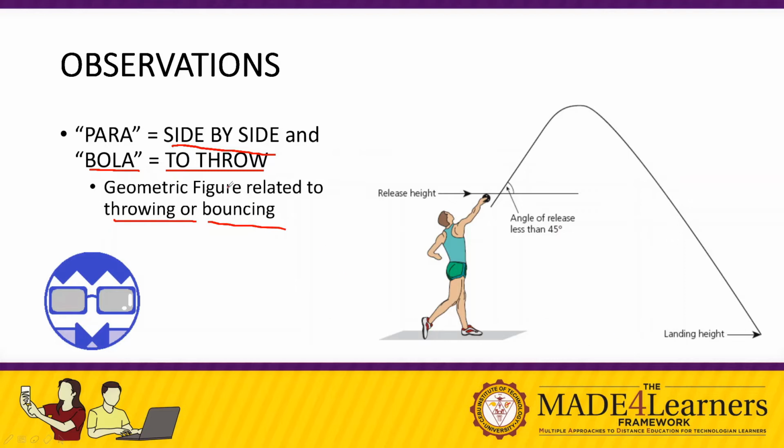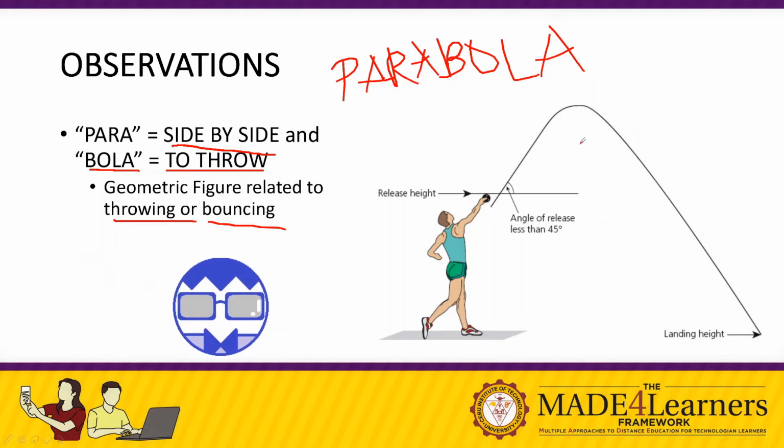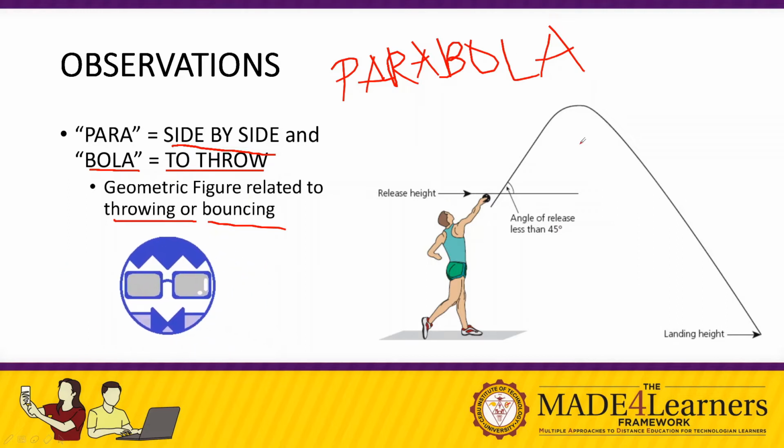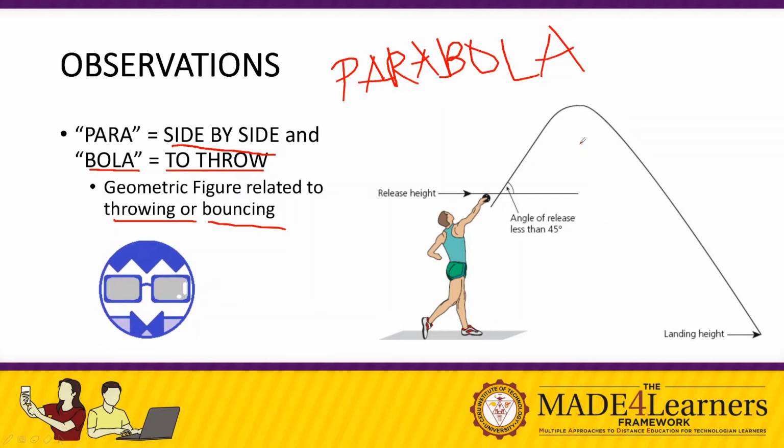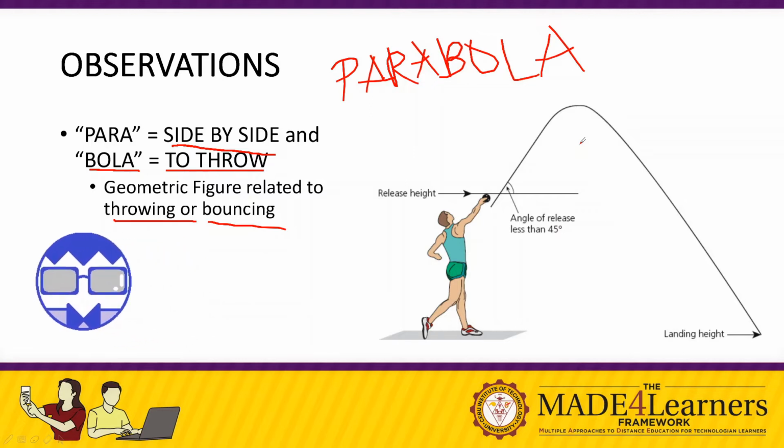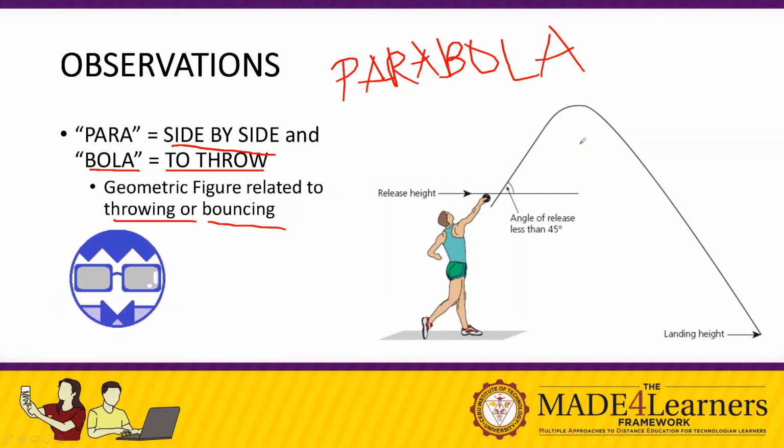So combining these two words, parabola, hence we can deduce that this is a geometric figure. The parabola is a geometric figure which means something relating to throwing or bouncing, just like